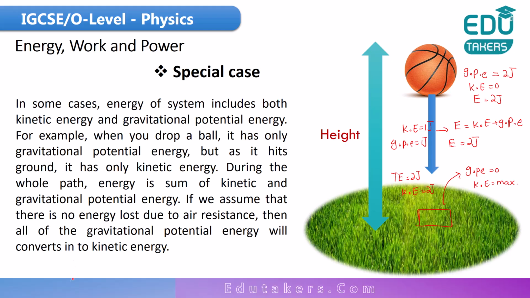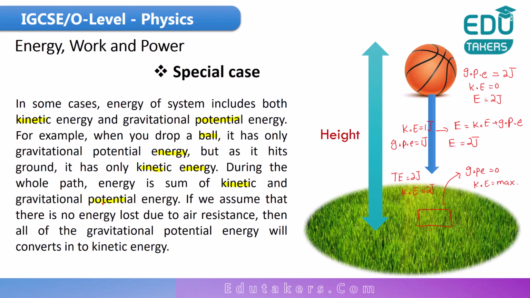The same thing is given here. In some cases, the energy of the system includes both the kinetic energy and the gravitational potential energy. For example, when you drop a ball, it has only gravitational potential energy at the height. But as it hits the ground, it has only kinetic energy, because at the ground level, the potential energy is zero. During the whole path between both of these positions, the energy is the sum of kinetic and the gravitational potential